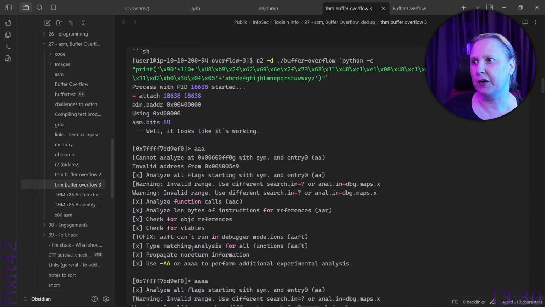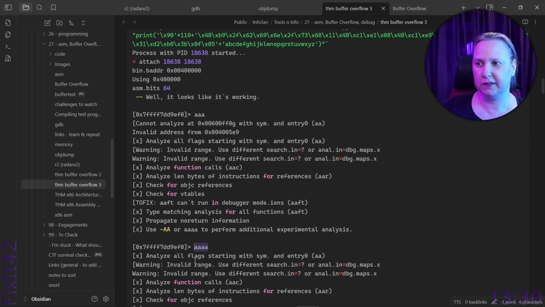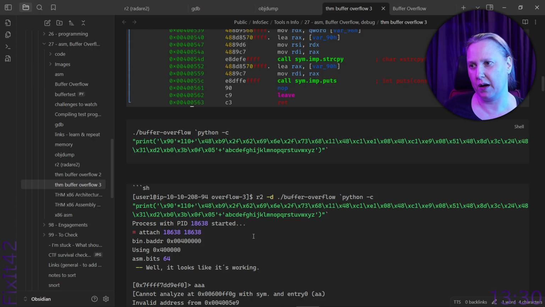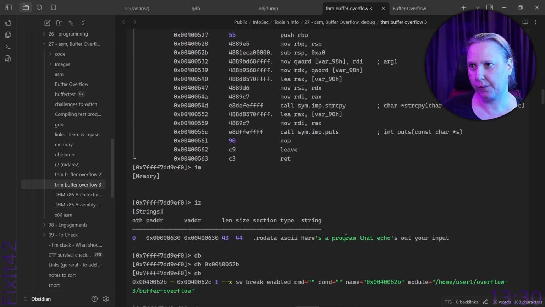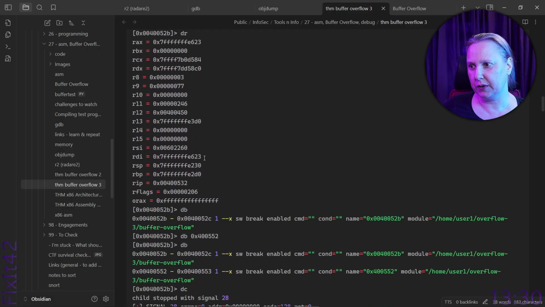Yeah, and to confirm, this is R2 debug. And we could also do a capital A to make this thing, or capital 2 A's, dash AA for this one, I think. Yeah, I'm sure. And we have the program, and then we have the input for the program here. So yeah, here. So registers again.